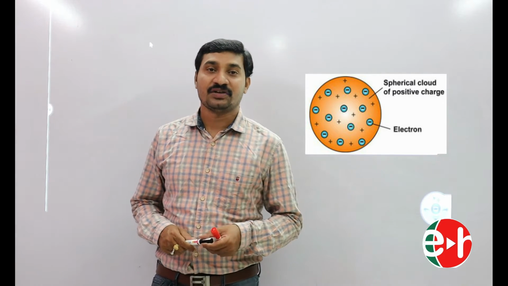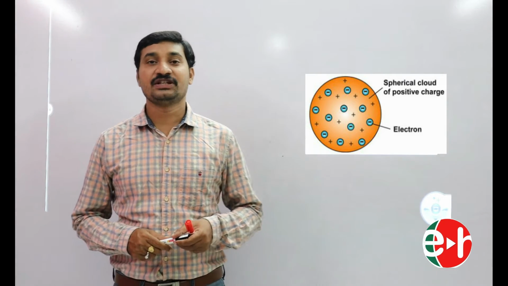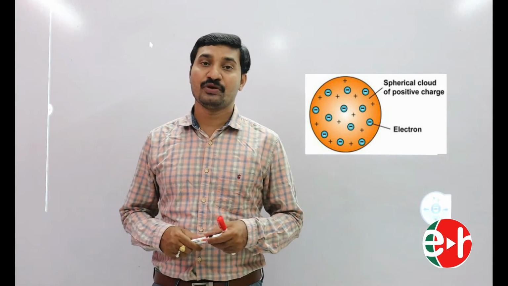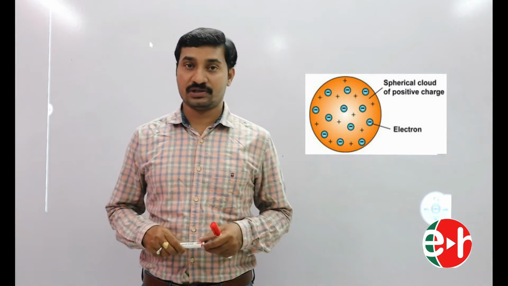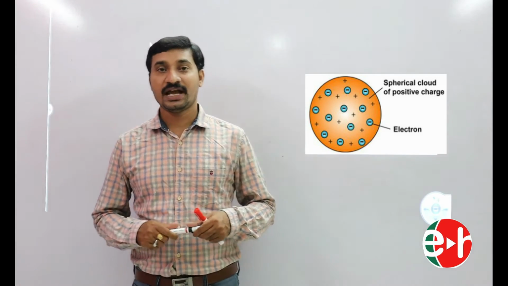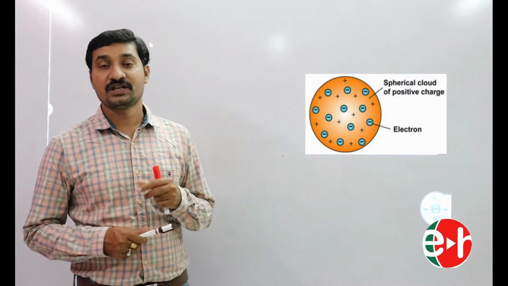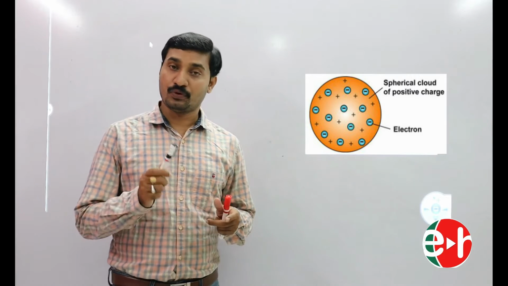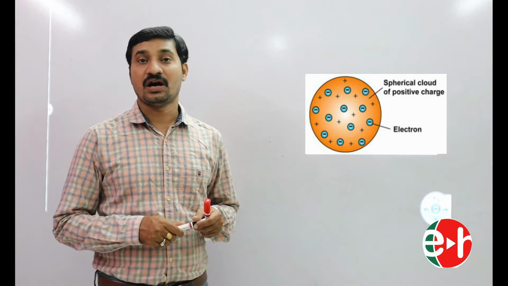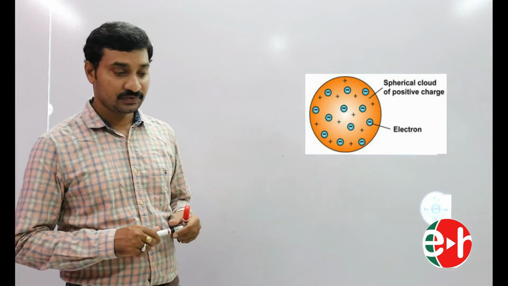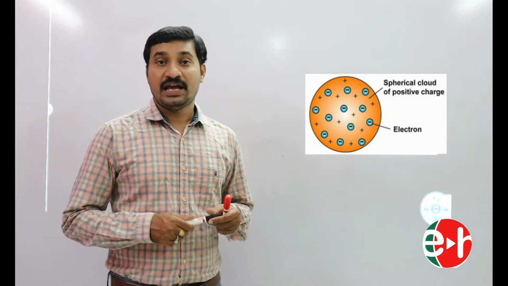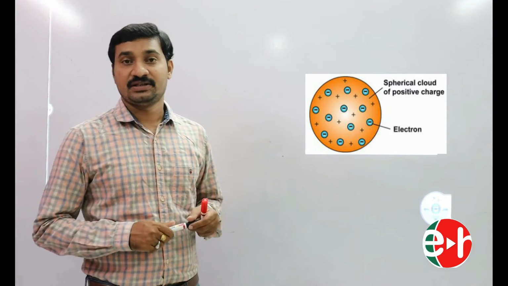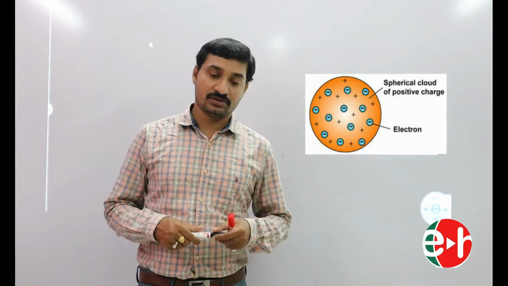In the previous class, we discussed some objective questions on important definitions of atomic structure. In this class, I am going to discuss atomic models. We know an atom contains a number of subatomic particles. Among those, electron, proton, and neutron are the most important subatomic particles. To explain the arrangement of these subatomic particles, scientists introduced some atomic models.